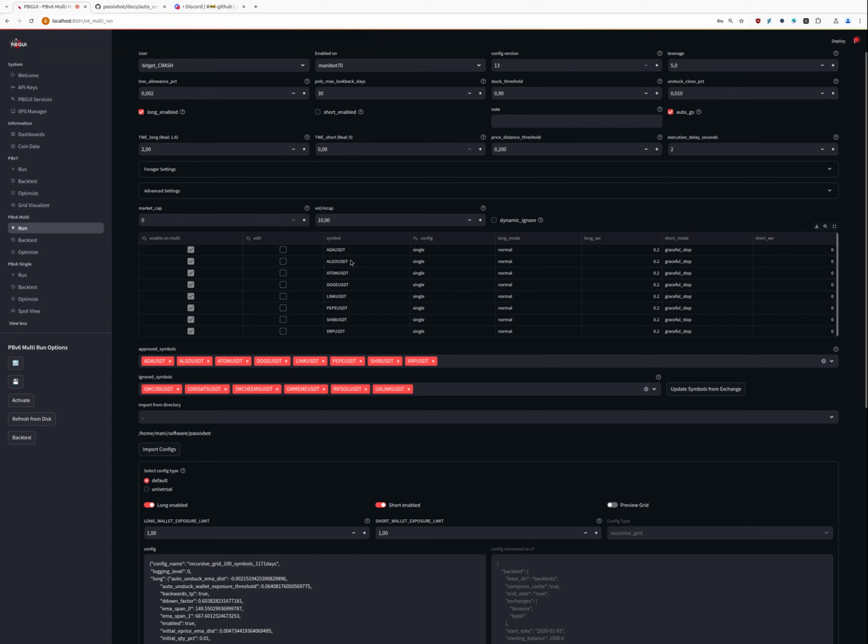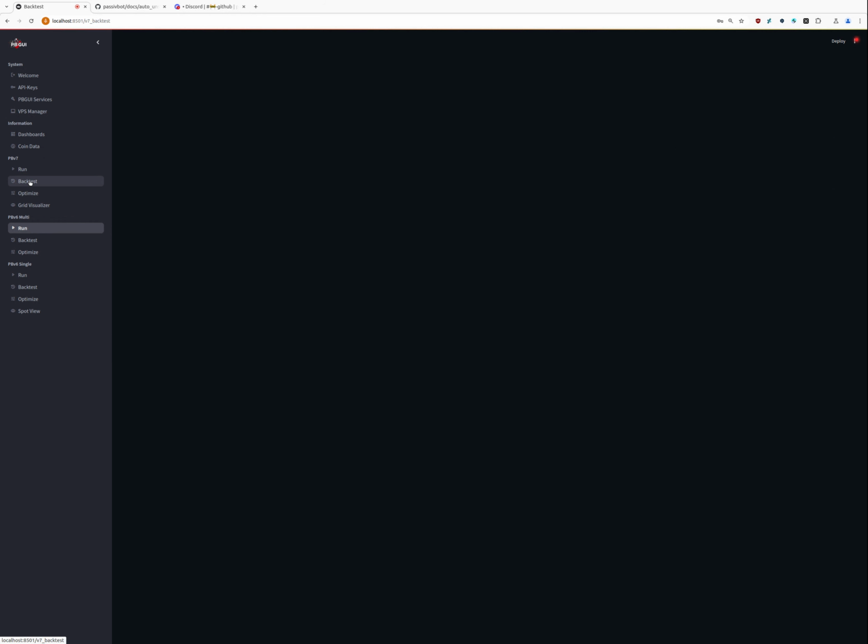This is no longer needed for this crash config. We can use only the default config and this will work the same. But okay, I took the config from one of the coins, and now I go over to the backtester,